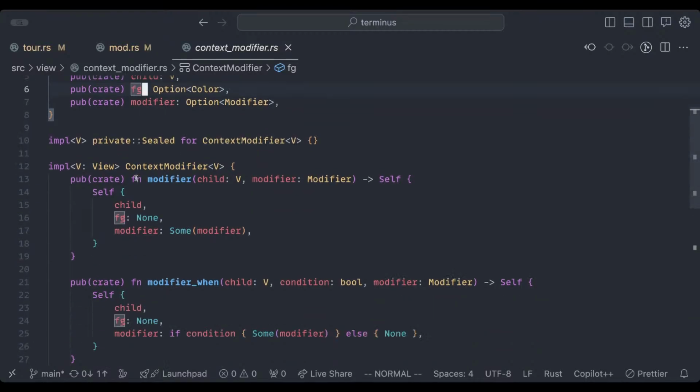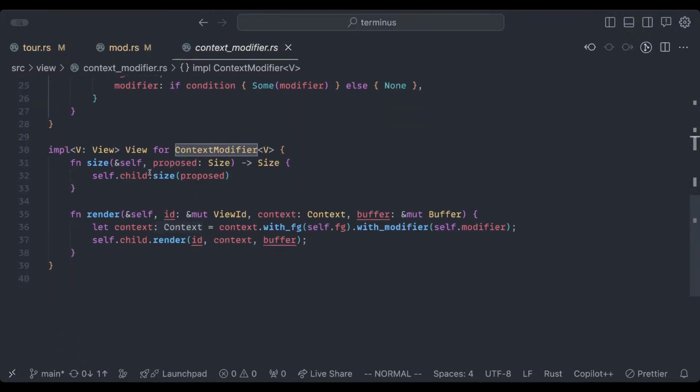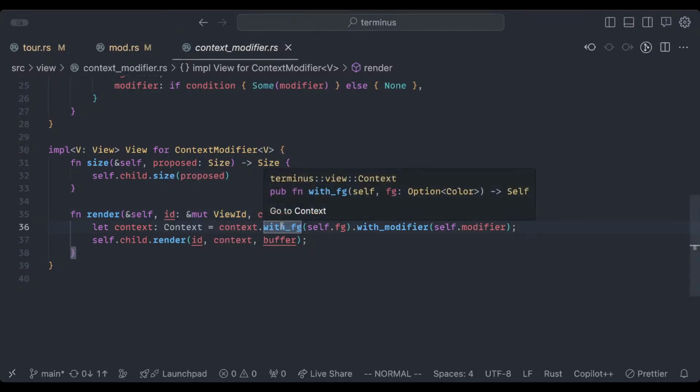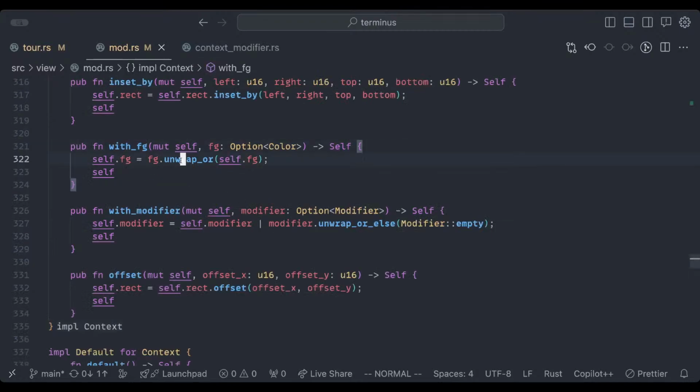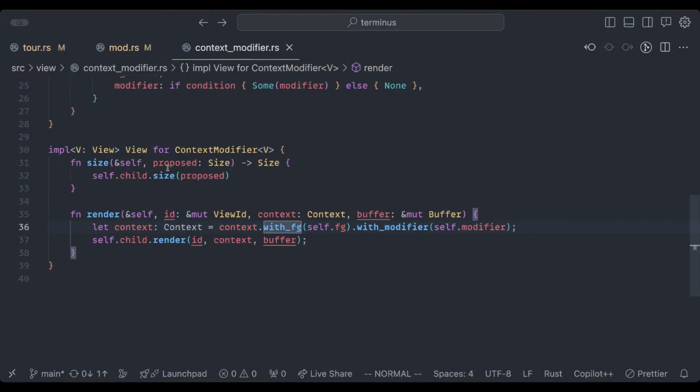It implements view, and its implementation is pretty simple. For size, this isn't going to ever change the size, so it'll just delegate to the child. But for render, it will take the context and create a copy of it, potentially overriding the foreground color. So with foreground, if this is a Some, it'll override its foreground color. Otherwise, it will,